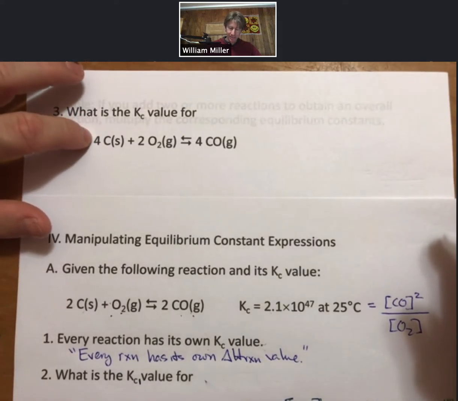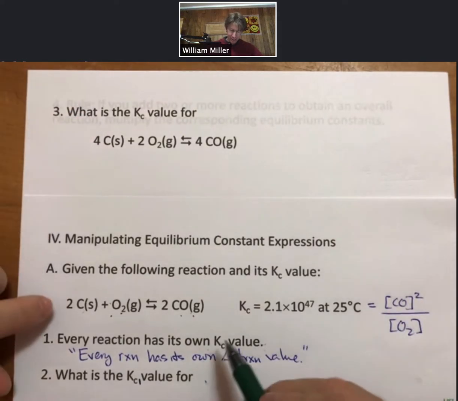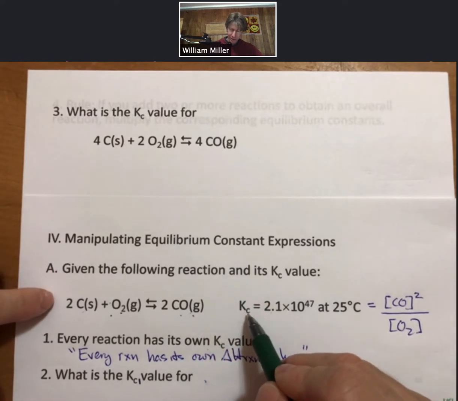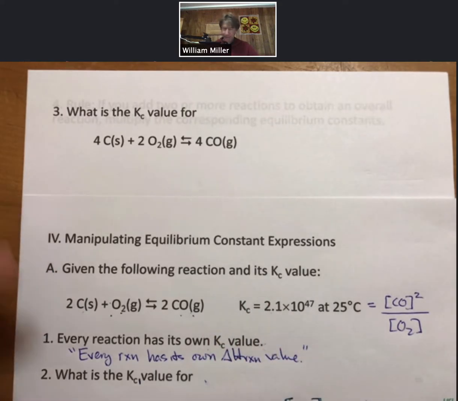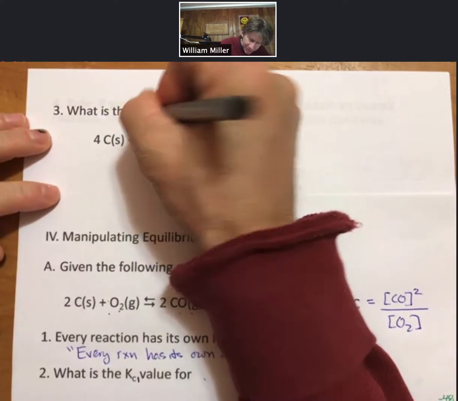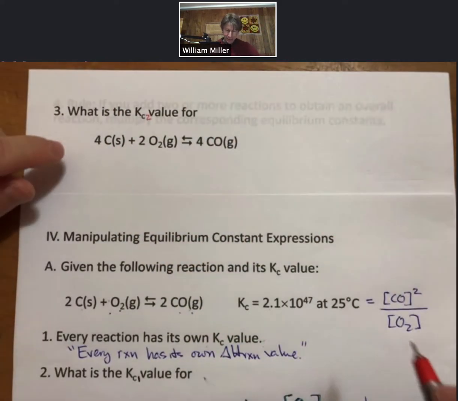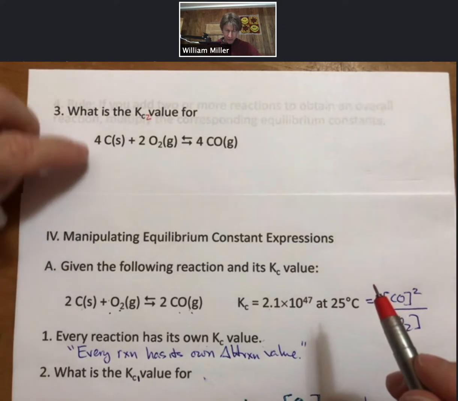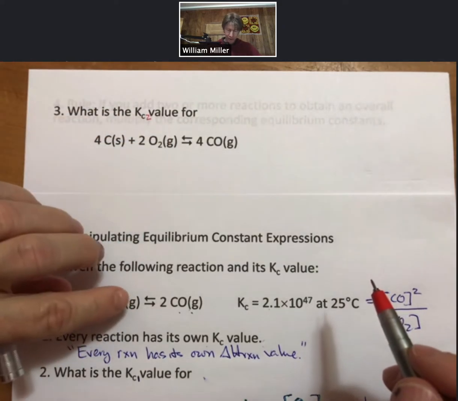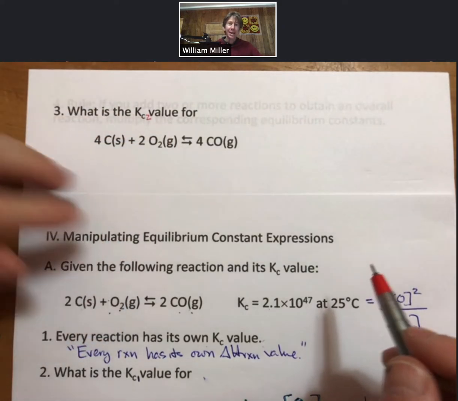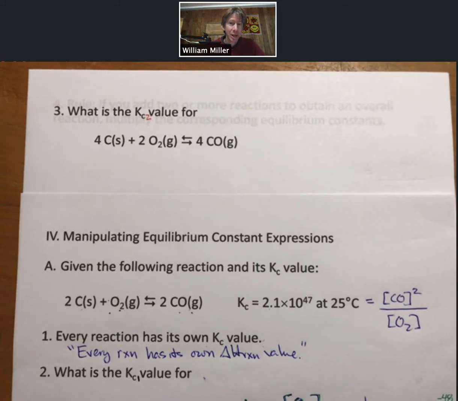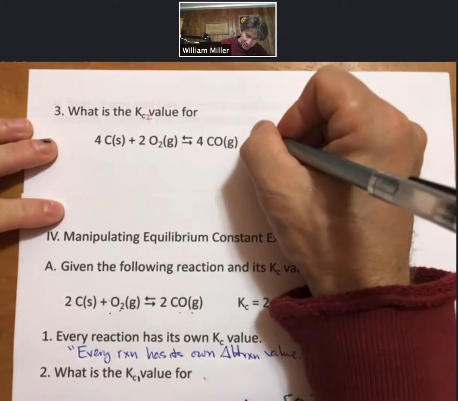Okay, so now the next question is going to be, what is the Kc value for this reaction? And you can see that what we've done is we have our original Kc. So now we'll call this Kc2. What we've done is we've doubled all of our coefficients. And if this was delta H, when you double the coefficients, you double the delta H value. Here, so Kc2